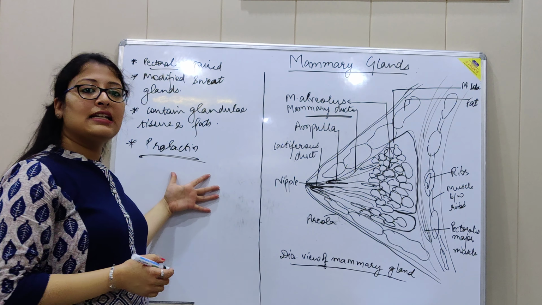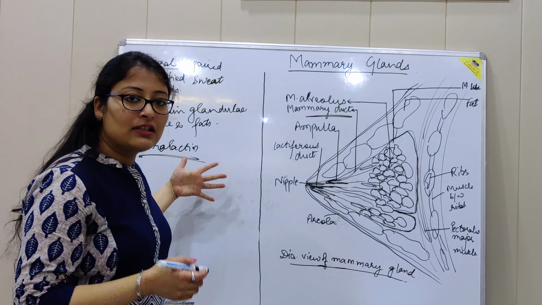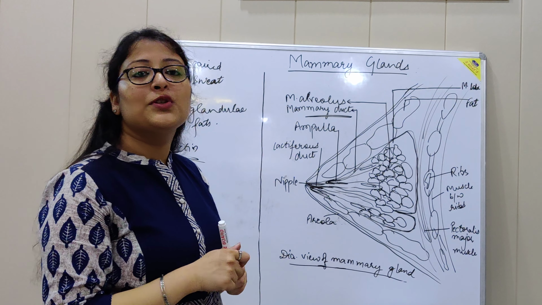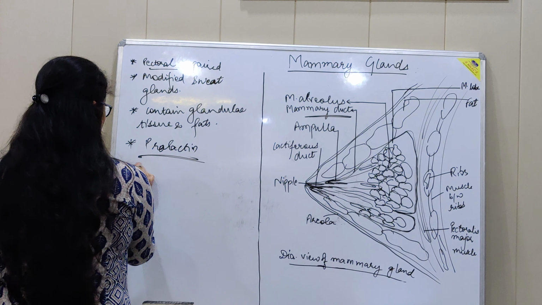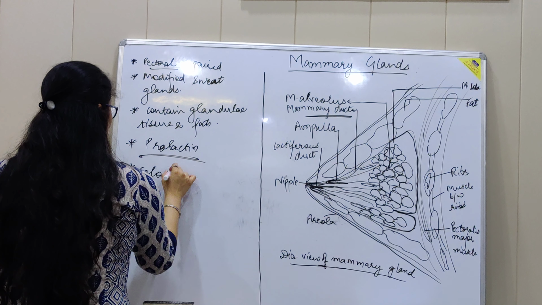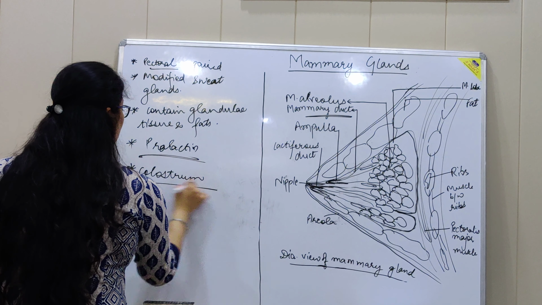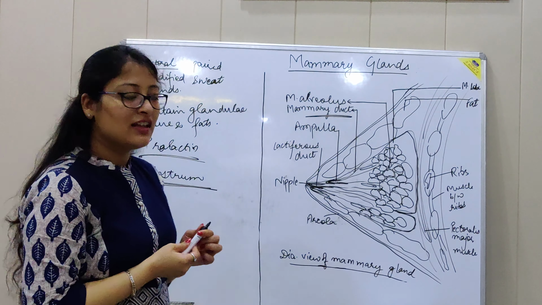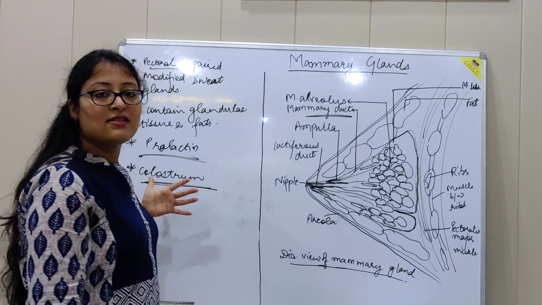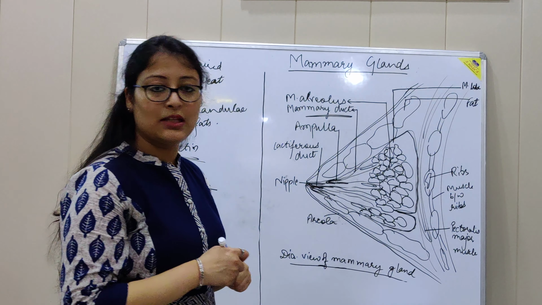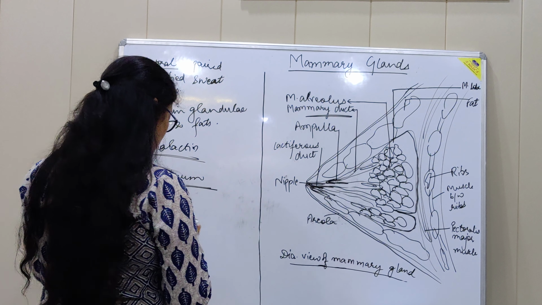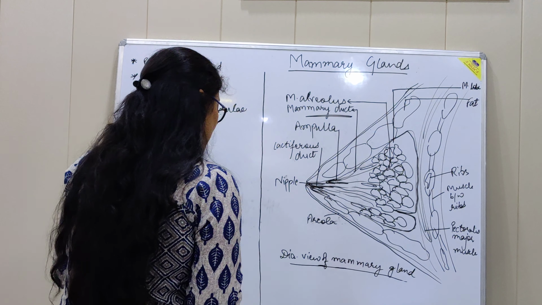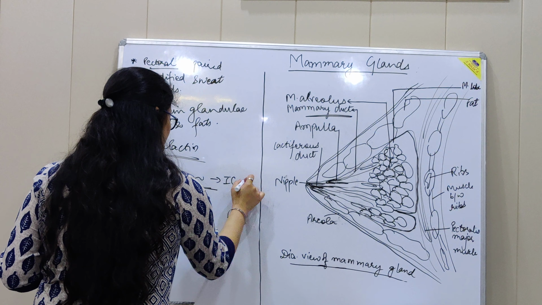In the initial days of milk production, the milk is slightly sticky, and the term used is colostrum. In Hindi, it is known as amrit. This sticky milk, known as colostrum, consists of various antibodies. You're not supposed to know about it right now, but if you know the antibody names, it's a good thing, like IgG, IgA.